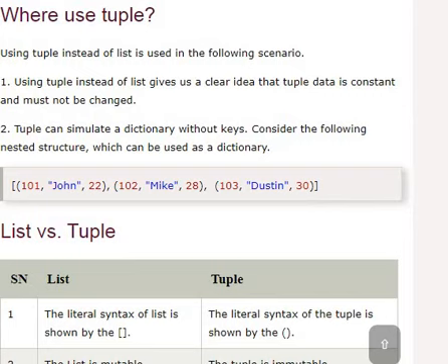Look at the example, a nested structure, and this can be used as a dictionary. 101 John 22, 102 Mike 28, 103 Dustin 30. This is what you call a list of tuples. We have three tuples separated by commas placed within square brackets.